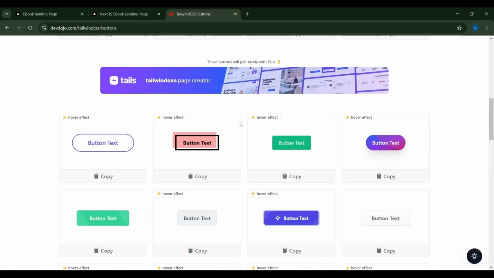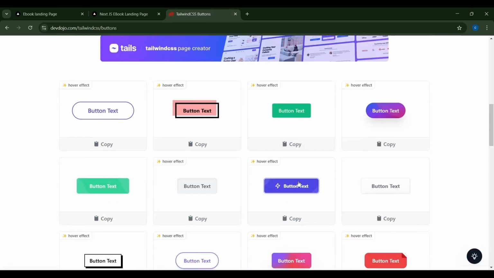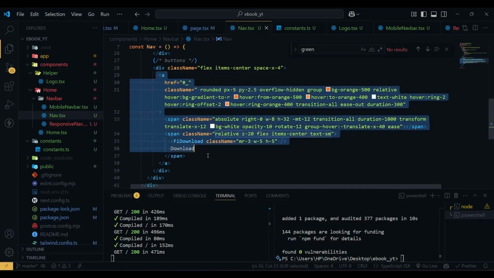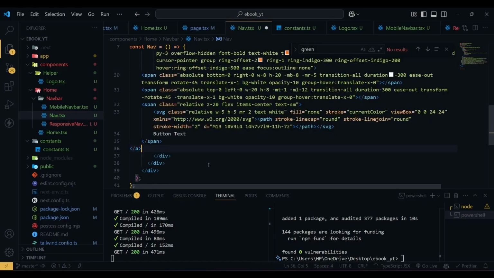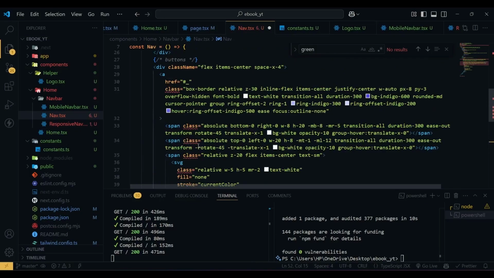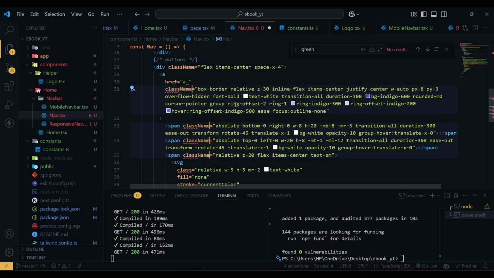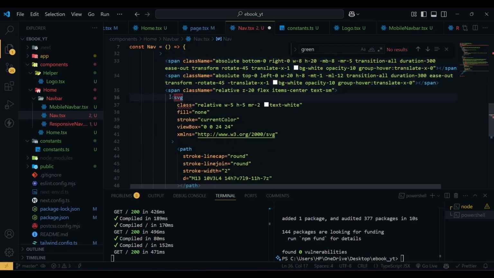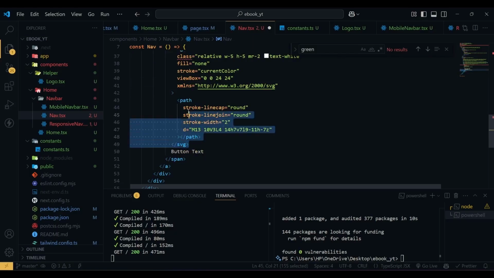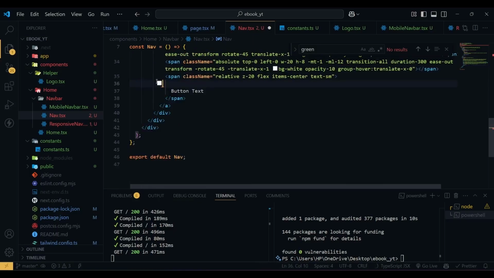So actually I used the wrong button, so we need to use this one. So I'm going to copy this and then I'm going to paste it here, and then first replace this class with className, and then remove this svg because we do not need the svg here, and then the button text will be download,